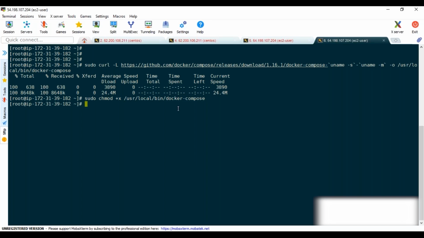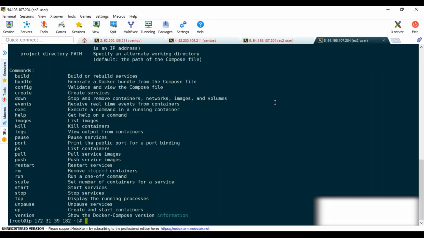Okay, so the Docker Compose binary has been moved to /usr/local/bin so that we can execute that command. Now, if you check docker-compose, this is the command, and these many options will be there: build, bundle, config. Depending upon the requirement, you can use them. Okay, so docker-compose up creates and starts containers, which means